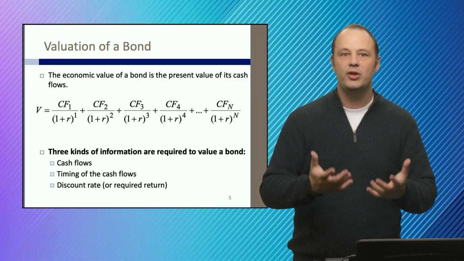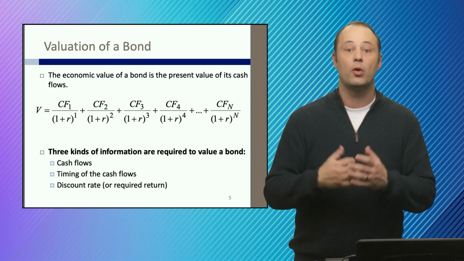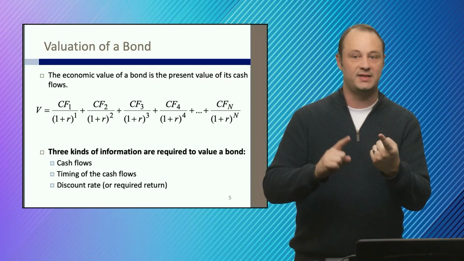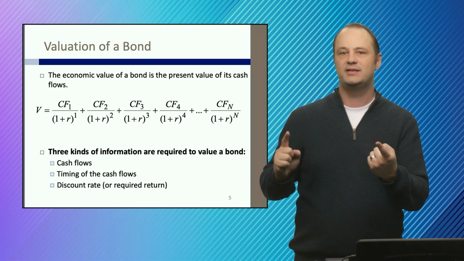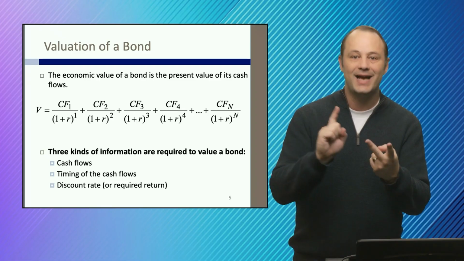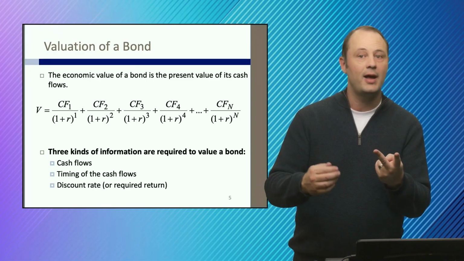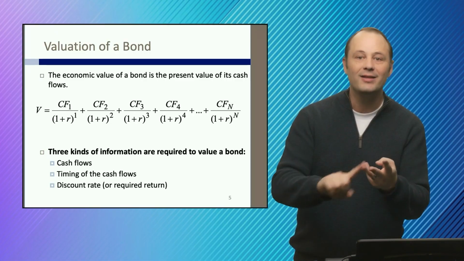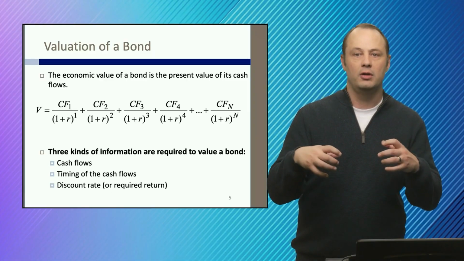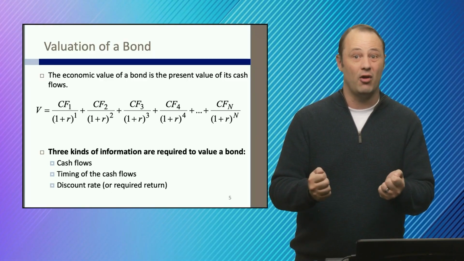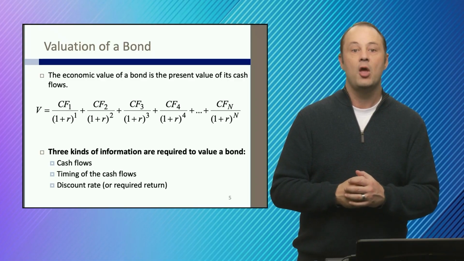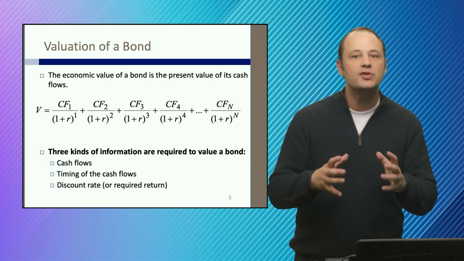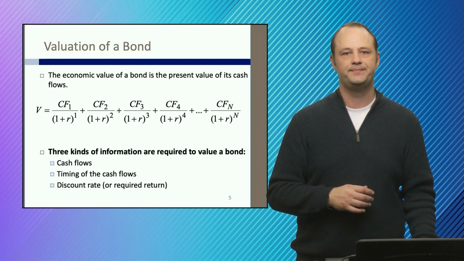Looking at that formula, you can see there are 3 kinds of information required to figure out the value of the bond. You need to know how big the cash flows are, what CF1, CF2, CF3, all the way to CFN, what those values are. Okay. The timing of them, when they arrive: 1 year from now, 6 months from now, 2 years from now, right? The timing of their arrival. Okay. And then finally, the discount rate. What the R or R's are, we're going to see they can be different R's later in this video. What the R's are that discount each of these cash flows back to today. Okay, so those are the core components in bond valuation.